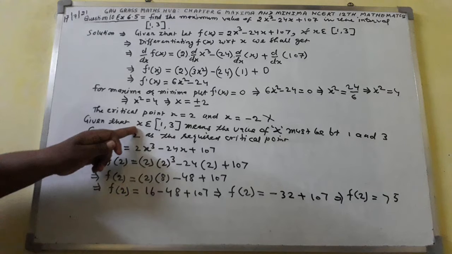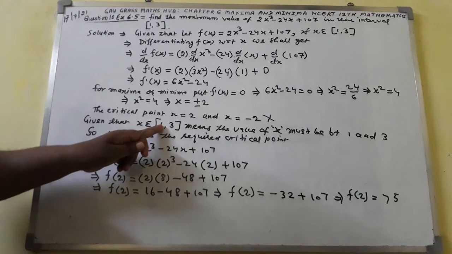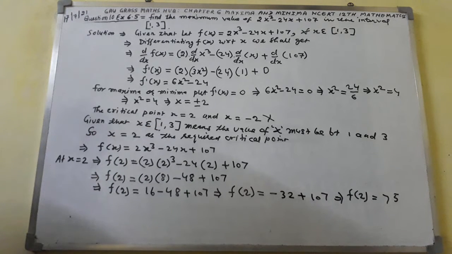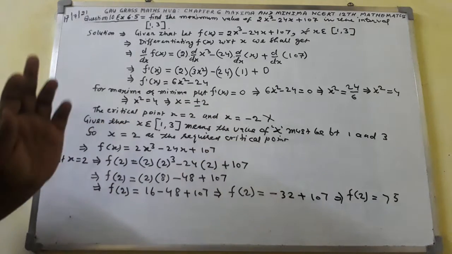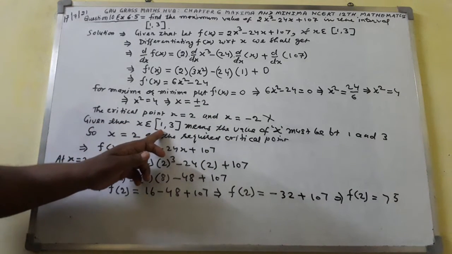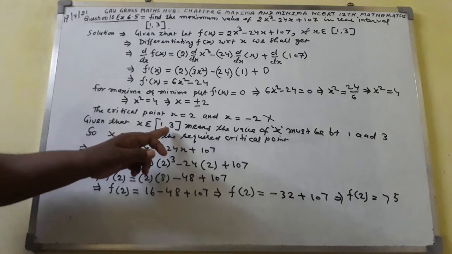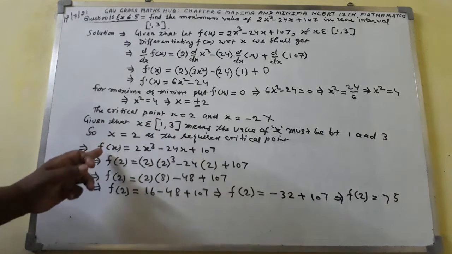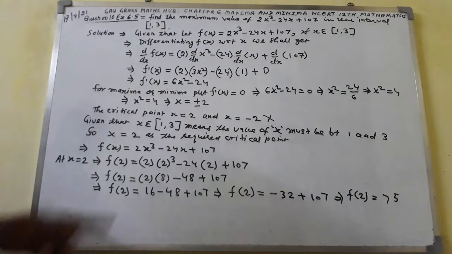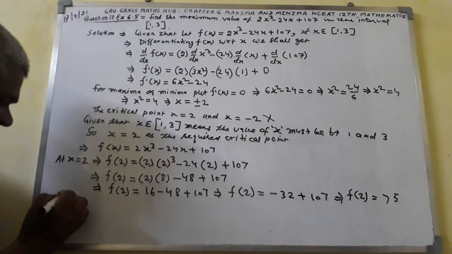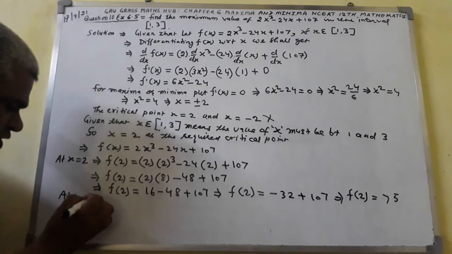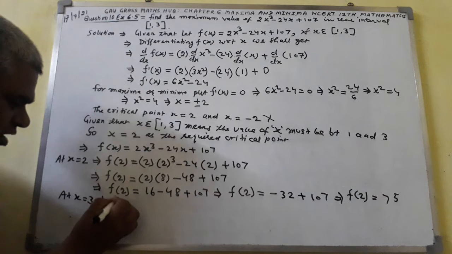This means that the value of x will be 1. The value of x equal to 1 will not be counted as the critical point; x equal to plus 2 is given. So I shall omit x equal to 1. In between, x equal to 2 I have mentioned here. But here x equal to 3 we have got. Isn't it? So here I shall write at x equal to 3, implies that f of 3